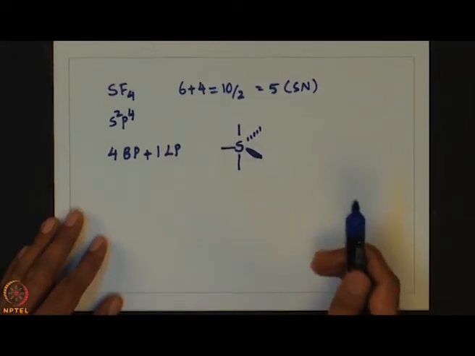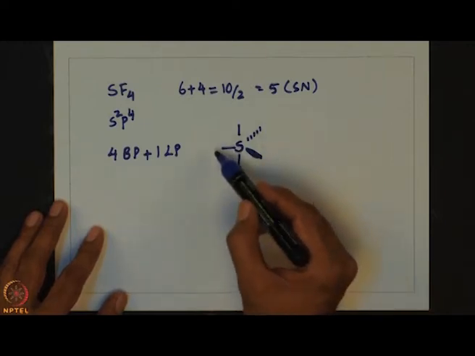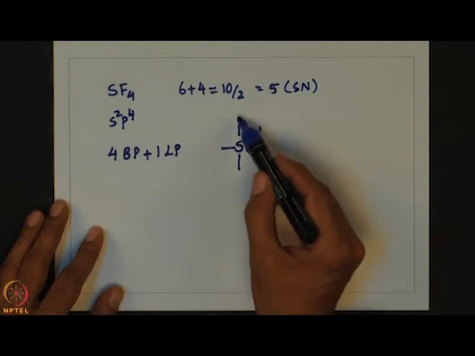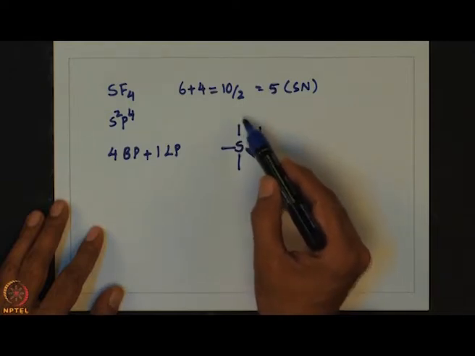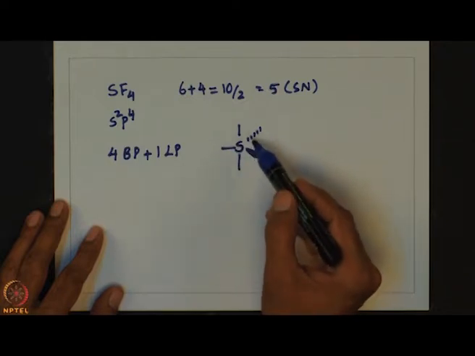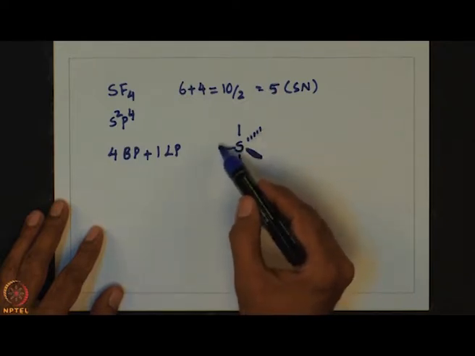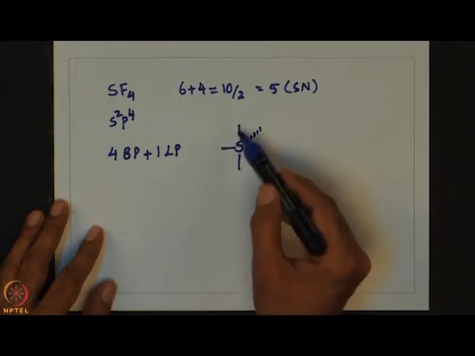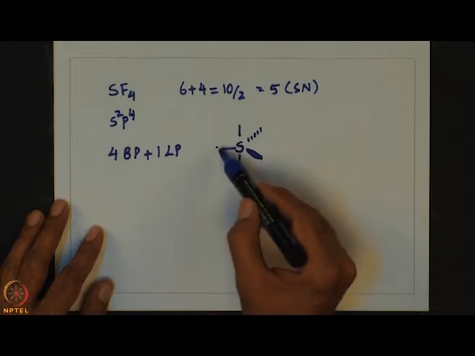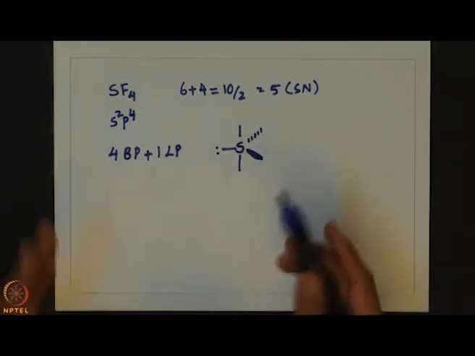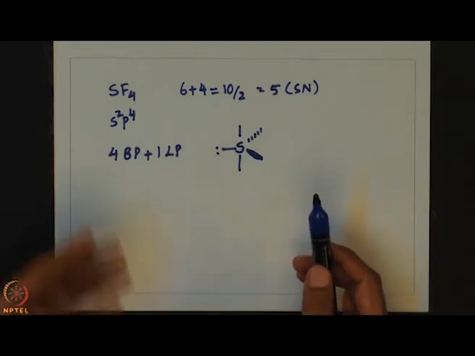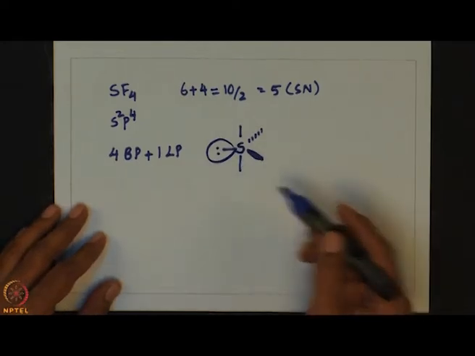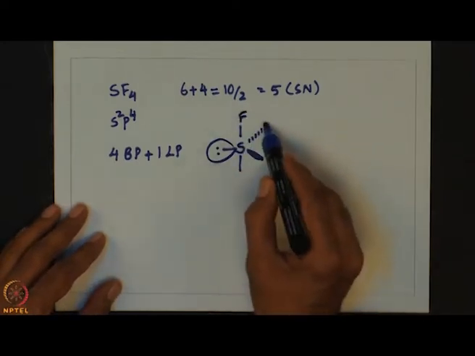Okay. So, now we have two options. One is we can place the lone pair here, or we can keep it in the axial position. If you keep the lone pair in the axial position, it makes angles of 90 degrees with all the equatorial atoms, whereas if you place it here, it makes a 120 degree angle with 2 and 90 degrees with the other 2. So, by placing it here, the molecule can gain extra stability and the lone pair can get more space. As a result, SF4 has this kind of structure.